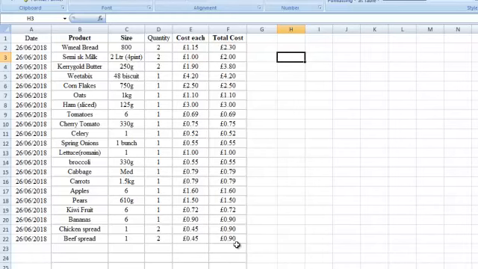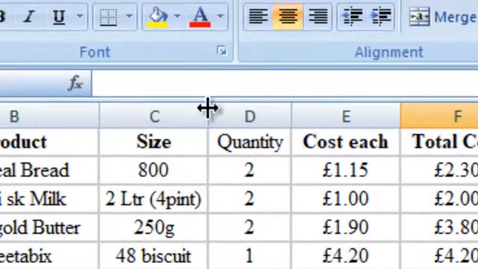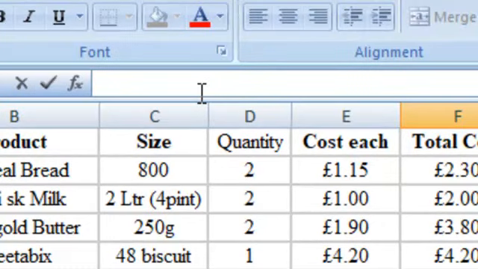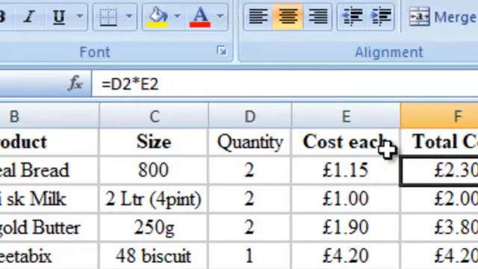Okay, that's great, because I can print that list off, go around the shop and buy it and make any alterations as necessary. But let's be a bit clever on this, because how much am I going to spend? How much money am I going to take with me? That is quite a simple sum. If we select this box here, we can do a total sum. If I put in the sum of open brackets, that cell,